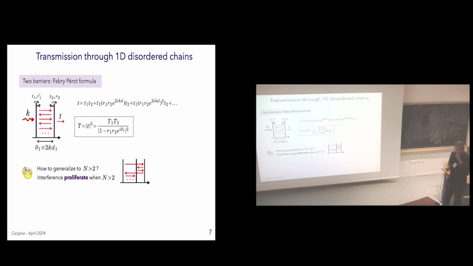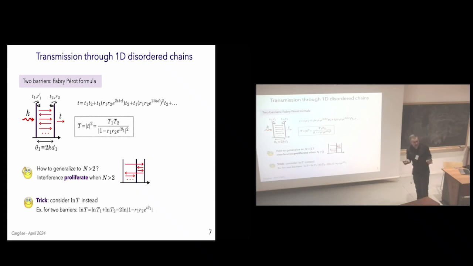So the trick here, and this is really the essential idea to bypass this issue, is to forget about the wish to compute the average transmission, at least for this particular example, and to look at a different quantity, which is the logarithm of the transmission. Why? Because the logarithm of the transmission is much simpler. Already here you see that it looks like an almost additive quantity with respect to the individual transmissions of the two barriers. Of course, there is still this interference contribution, but it appears through a sum here and not in a denominator like this.